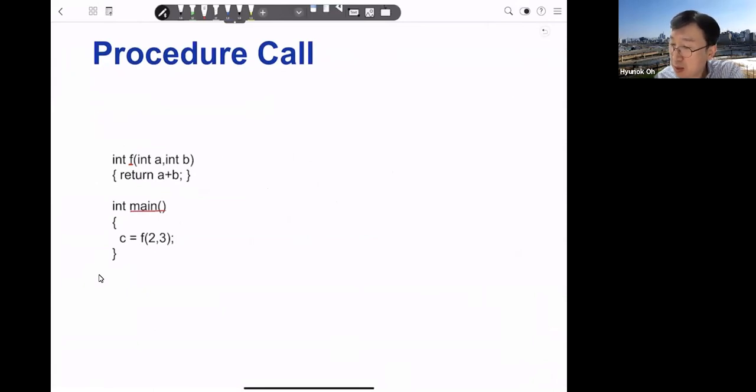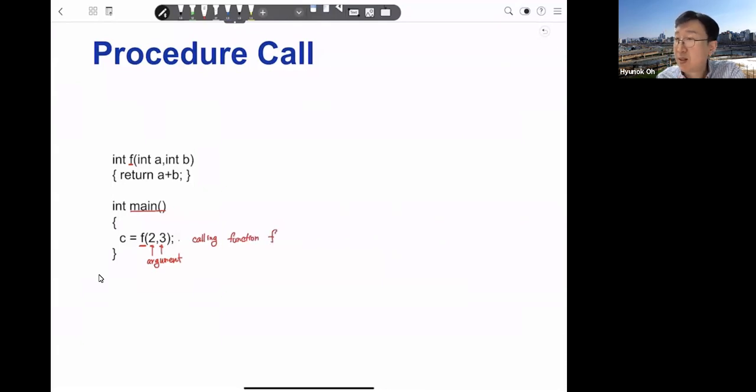So in C code, it's very simple. So let's look at the function f. Okay, so for this function f, we are providing the two values, which are called arguments. Function arguments. Okay, so before we are calling function f, we have to provide two function arguments, and then the function is called. So this statement is calling function f,